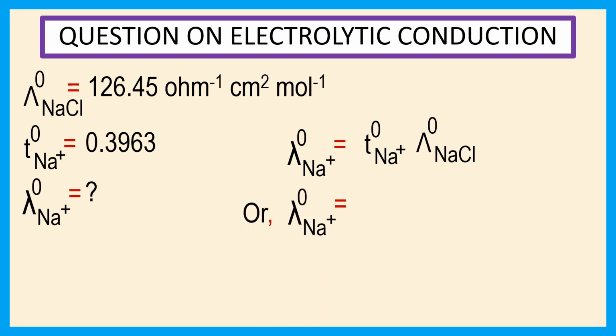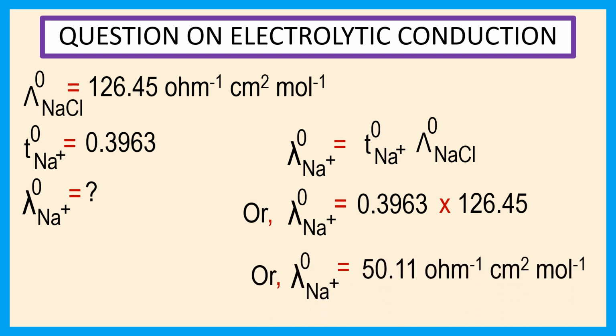Therefore, molar ionic conductance of Na+ is equal to 0.3963, it is the transport number of Na+, into 126.45, it is the molar conductance of NaCl, or molar ionic conductance of Na+ is equal to 50.11 ohm inverse